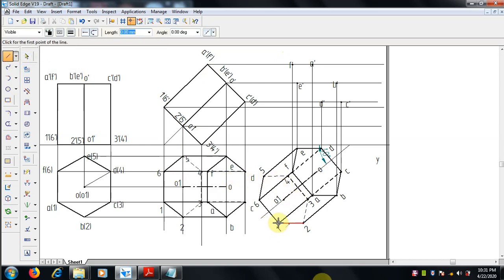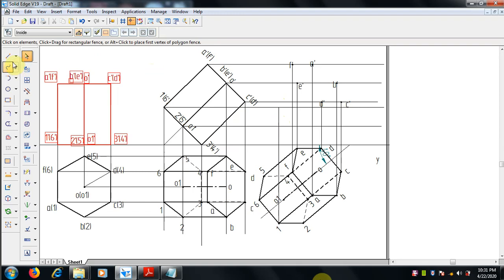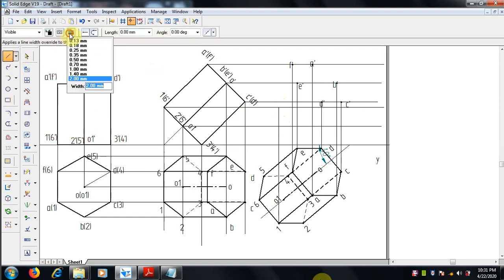Next, bottom one where it meets 1 dash. Here it will meet 1 dash here. Thickness should be 0.13 mm thickness. Select 0.3, and then line command 0.13 mm line from 2 to 2 dash where it meets here, and 3 the end point.